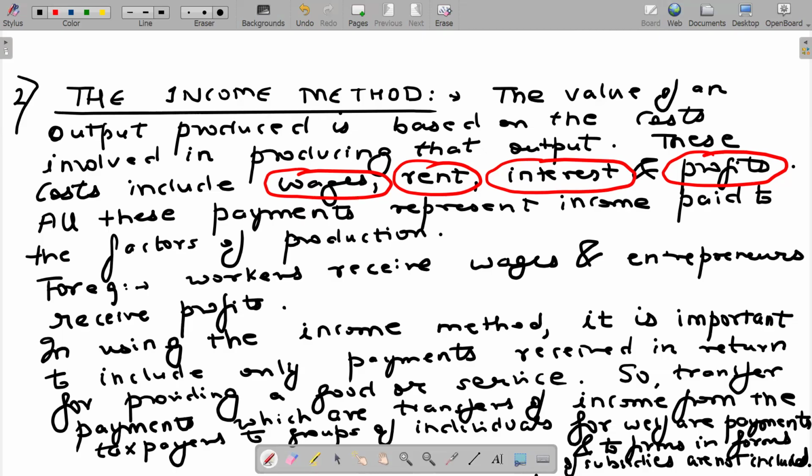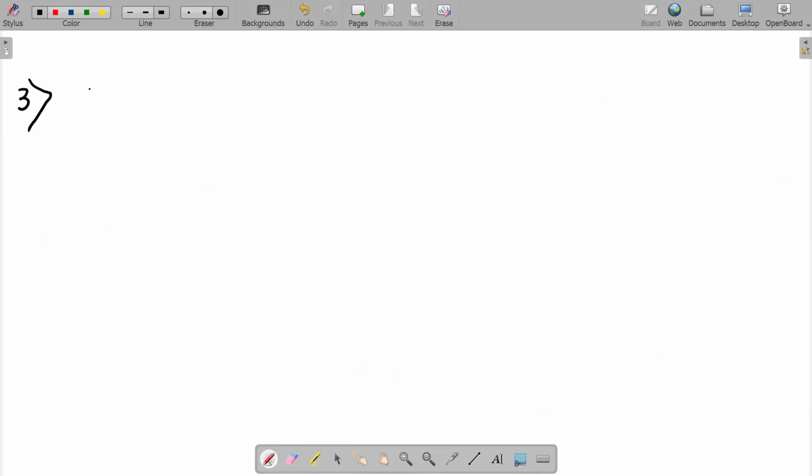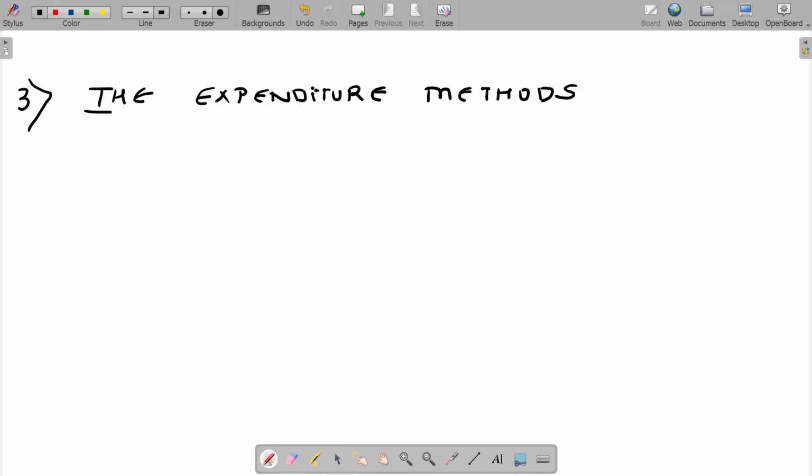The last one, the expenditure method. Now we are just going to add up the expenditures made by all those involved, like households, firms, government. Households make expenditure, government does expenditure, firms do expenditure, foreigners do expenditure, we also spend on foreign goods. So I can say that using the expenditure method,